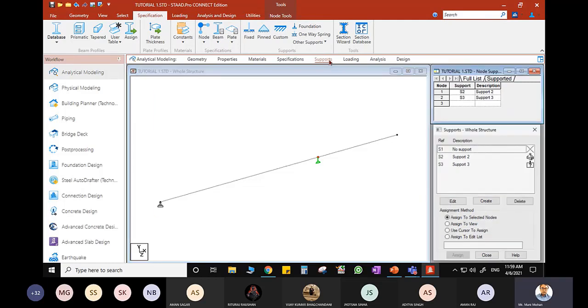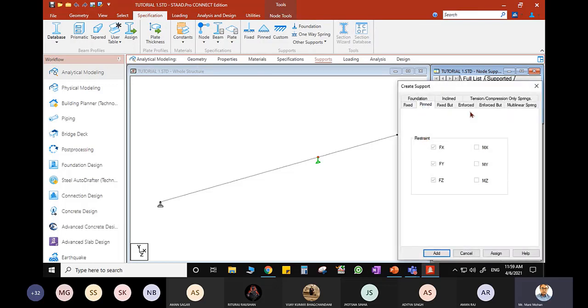It is coming from the support tab. Now if you click support, you get this dialog, the support whole structure dialog box, and you can create the support. Now I have only a pin support and a roller support. Roller support, I just said how you can do it. You can click enforced but, and from here you just remove the reactions which you do not want. Okay, so that's what released means. You want to make those things 0. So since I want only vertical reactions, I have unchecked it and I made a roller support.